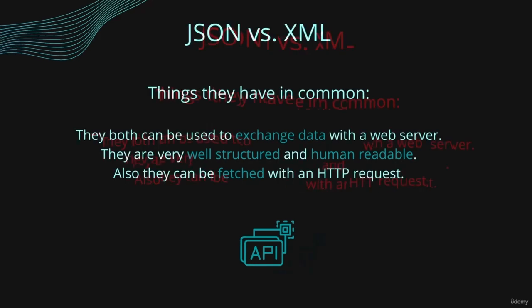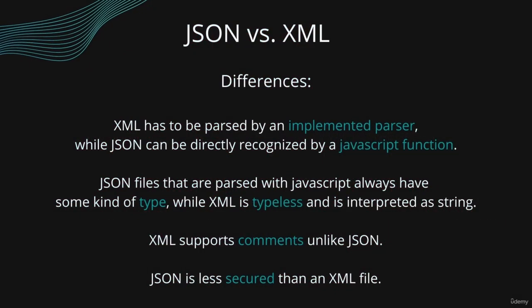But here comes the main difference between these two markup languages, and that is obviously that XML has to be parsed with an actual XML parser, while JSON can be parsed by a standard JavaScript function. And when it is parsed by a standard JavaScript function, it's parsed into a ready-to-use JavaScript object, and as you can conclude from that, that's a major advantage for JSON, as it is much easier to transcribe into actual code when you are working with it and you are receiving it, and XML is much more difficult to parse than